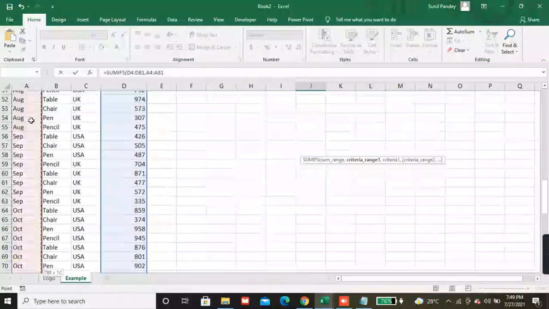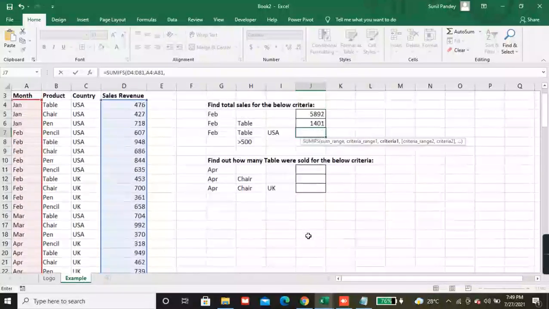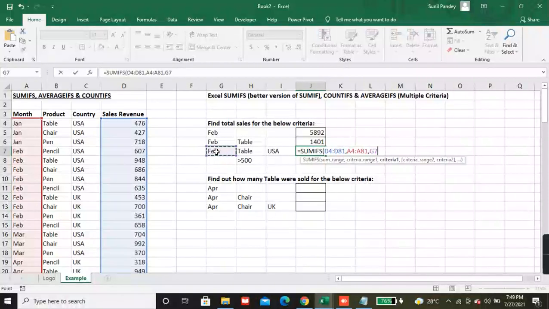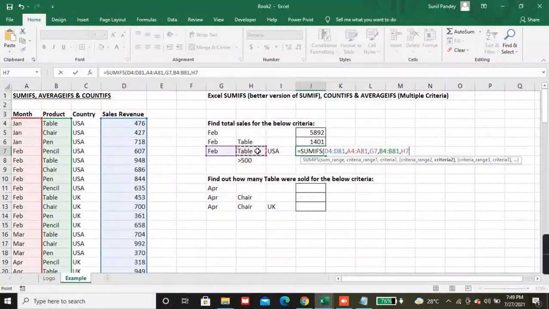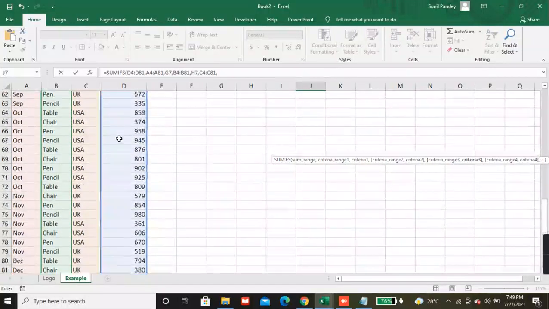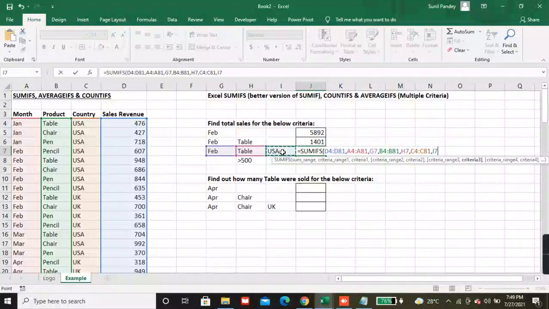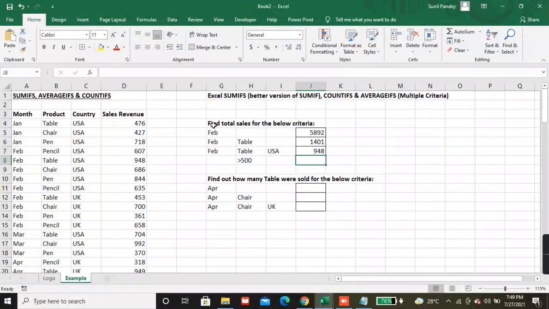Now the first criteria range, Feb, criteria range 2, criteria range 3, okay. So Feb month, table product within the USA country. Let's see this one.